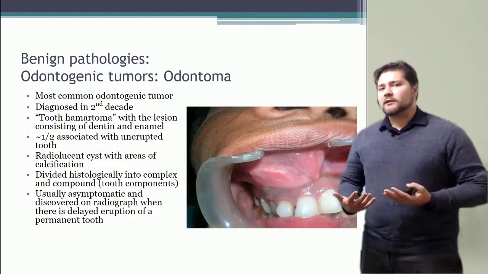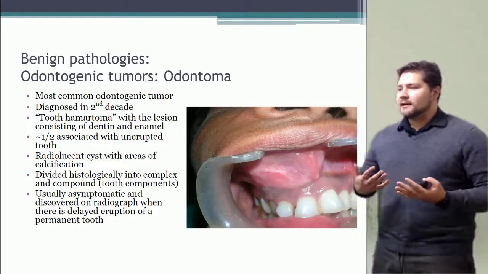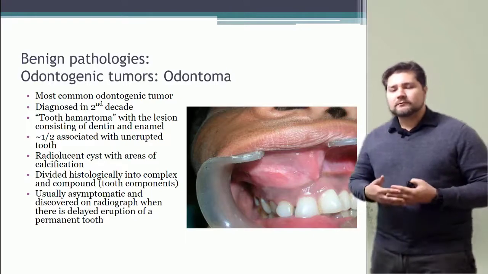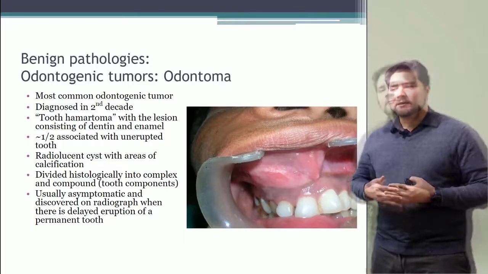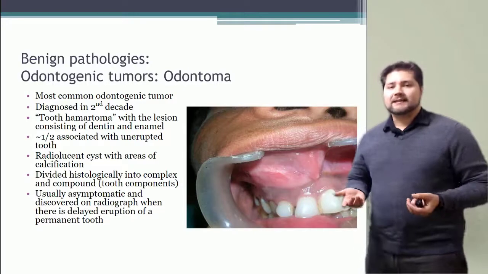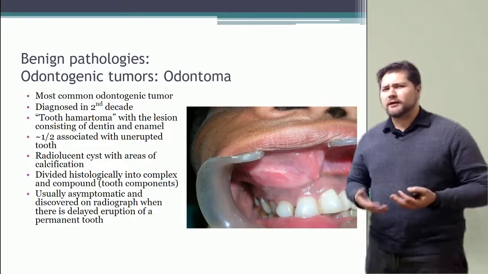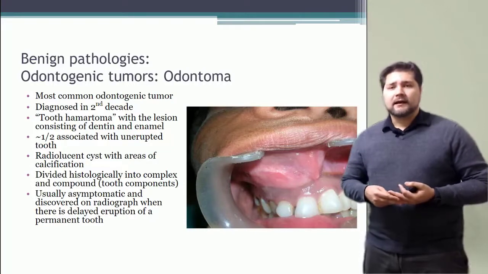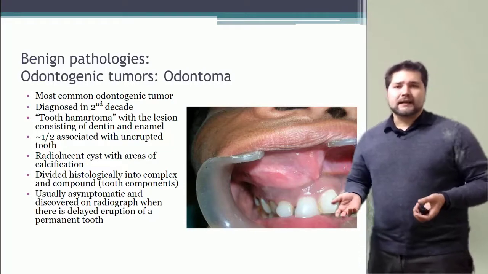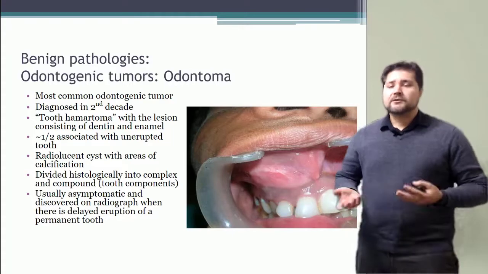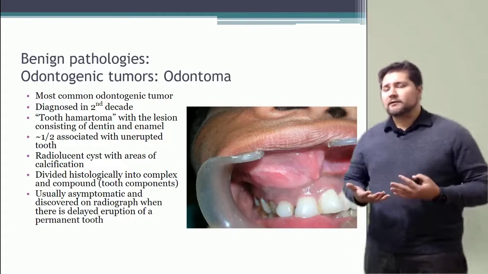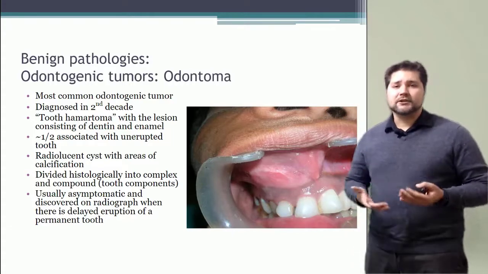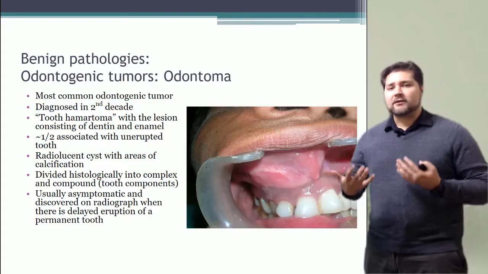However, they can be locally aggressive, as you can see in the image here. That probably isn't too comfortable, depending on the site of involvement. So these typically occur in the second decade of life and are usually associated with an unerupted tooth. So like if your molars are kind of staying under the gum line, you might be at an increased risk for an odontoma. They're usually asymptomatic and only really are prominent depending on the location and usually the mechanical manifestations